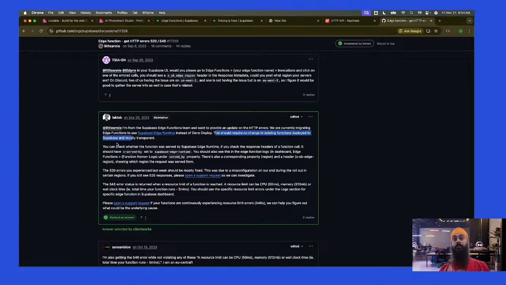It requires no change. You can check whether the function was served by Supabase edge runtime. If you check the response header of the function call, it should have x-served-by.